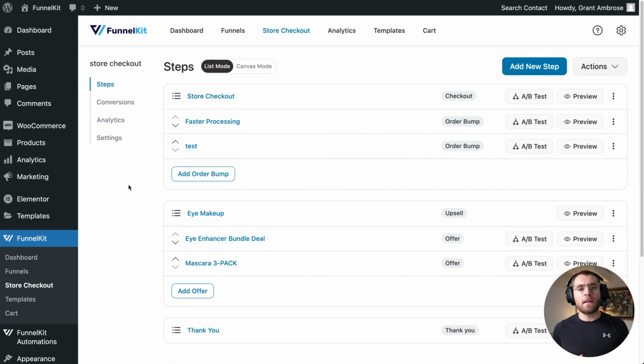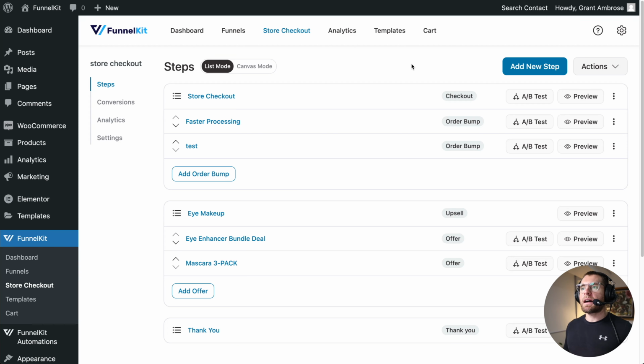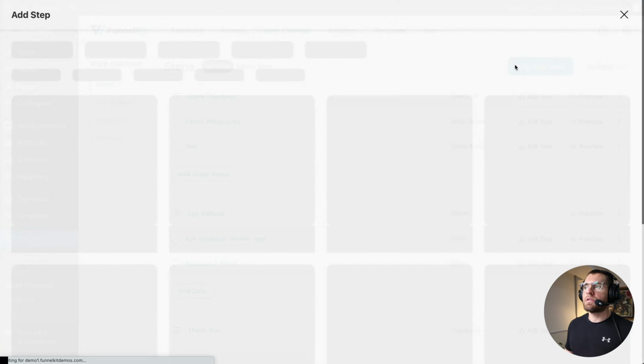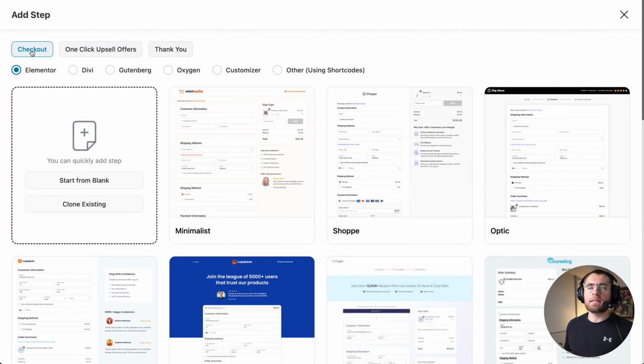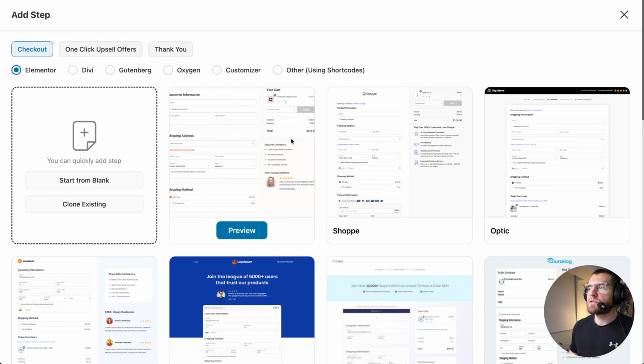So what I want to do now is show you some of the changes that you'll see when you're creating the different steps inside of your sales funnels and your store checkout. So let's start with our checkout step. So here, if we click add new step, here we can create a checkout step. After that, you select your page builder. So I'll keep it on Elementor. You can start from blank. You can clone another existing checkout step from another sales funnel, for example, or you can choose one of the